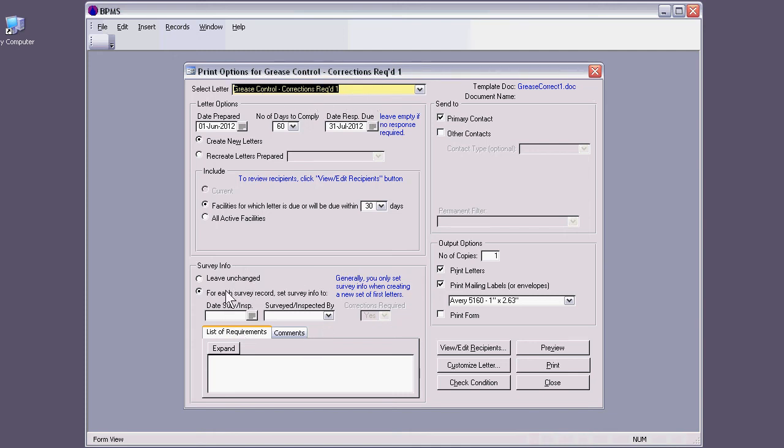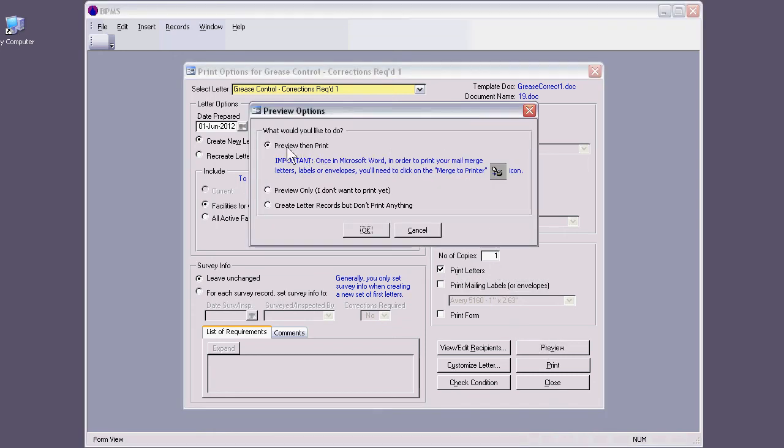Now this kicks in. What I stated as a requirement, if I leave this radio button here, it would want to put requirements that I type in here. But actually, if I want to get requirements that I typed in a form previously, I'm going to put this radio button at leave unchanged. And again, I'm just printing letter. Let's preview this. Okay,